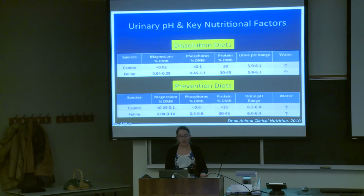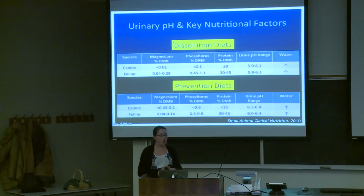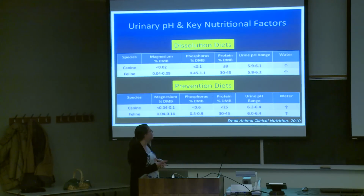And also, if a patient has any signs of kidney disease, which was talked about a little bit earlier in the medicine presentation, we definitely don't want to acidify those patients. We want to pay close attention to their acid-base balance. Also not surprising, when it comes to some of the key nutritional factors we've listed, we've got magnesium, phosphorus, and